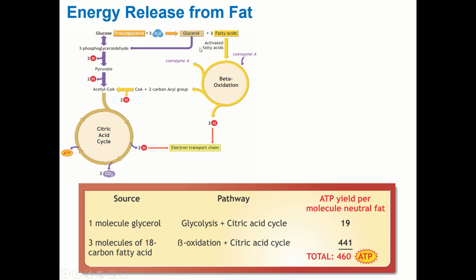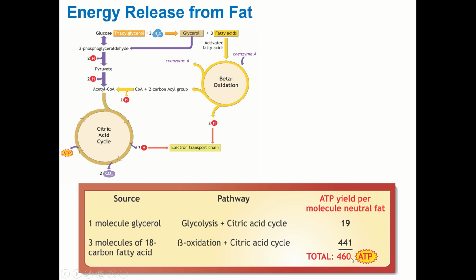Then the little glycerol backbone goes through glycolysis, eventually becomes acetyl-CoA, and then it goes through the citric acid cycle as well. So when we break down the little glycerol backbone, it's going to produce 19 ATPs when we take it all the way through the citric acid cycle and the electron transport chain. When we take the fatty acids through beta oxidation to make acetyl-CoA, and then they go through the citric acid cycle with a typical 18-carbon fatty acid, we're going to end up with 441 ATPs from that,